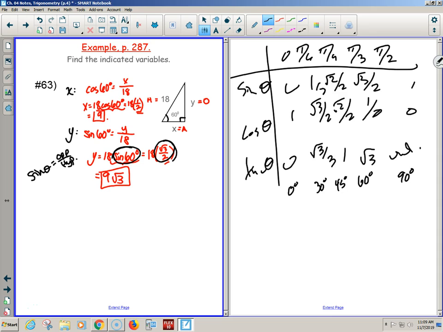Cosine of 60 degrees, or cosine of pi over 3. Once again, it's a ratio, a fraction. It's adjacent over hypotenuse, according to our cheater chart or the unit circle. Because pi over 3 is over a little, cosine is 1/2, it's up a lot, sine is root 3 over 2. Then we can go ahead and just plug in. So cosine of 60 gets replaced with its ratio, 1/2.